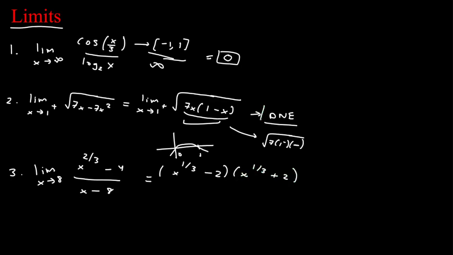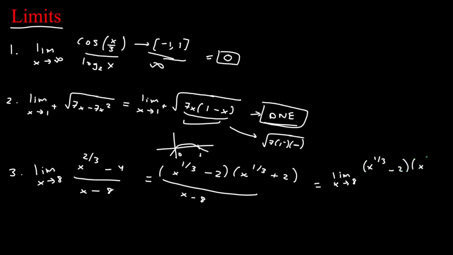Let me box this, by the way. Divided by x minus 8. What else can we do now? Well, we know that 8 is just 2 to the power of 3, right? And so this can be noticed as the difference of 2 cubes. And so we can factor the denominator as well. So this is just limit as x tends to 8 of x to the 1/3 minus 2 times x to the 1/3 plus 2 divided by,